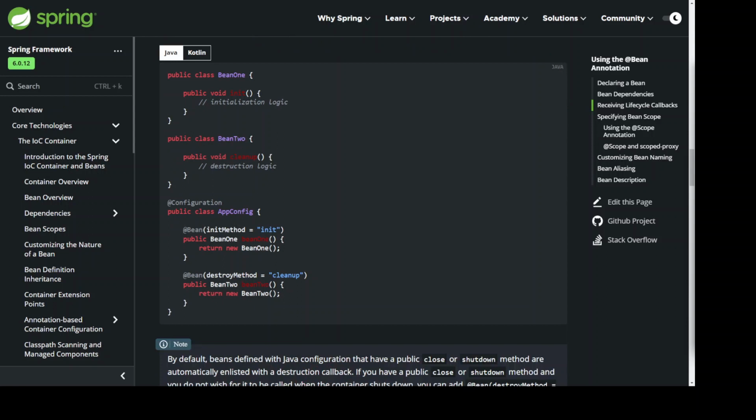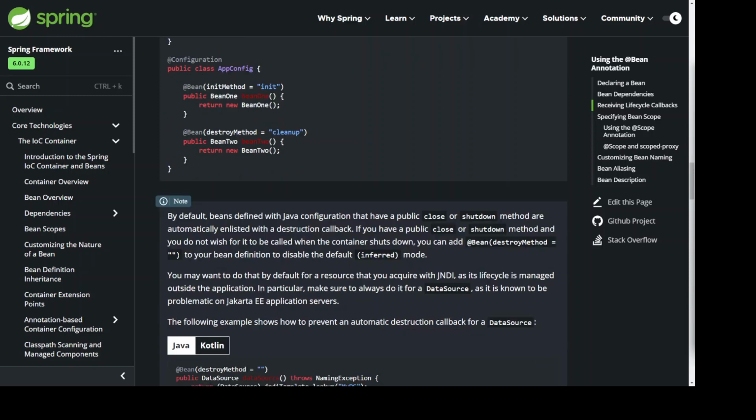public class BeanOne { public void init() { // initialization logic } } public class BeanTwo { public void cleanup() { // destruction logic } } @Configuration public class AppConfig { @Bean(initMethod = "init") public BeanOne beanOne() { return new BeanOne(); } @Bean(destroyMethod = "cleanup") public BeanTwo beanTwo() { return new BeanTwo(); } }